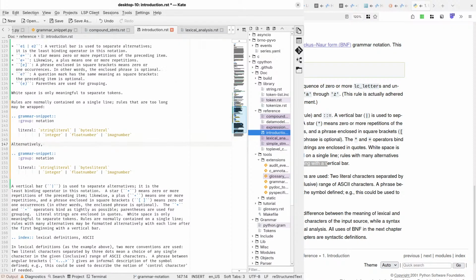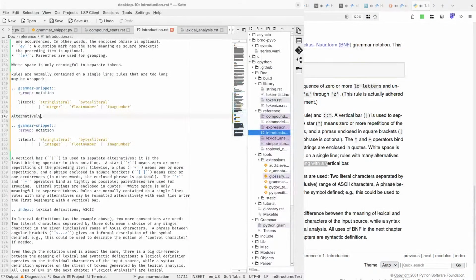Alternatively, with each alternative beginning with a vertical bar.